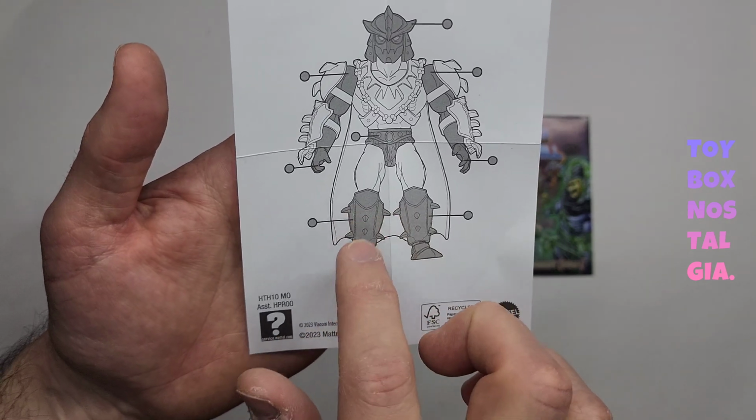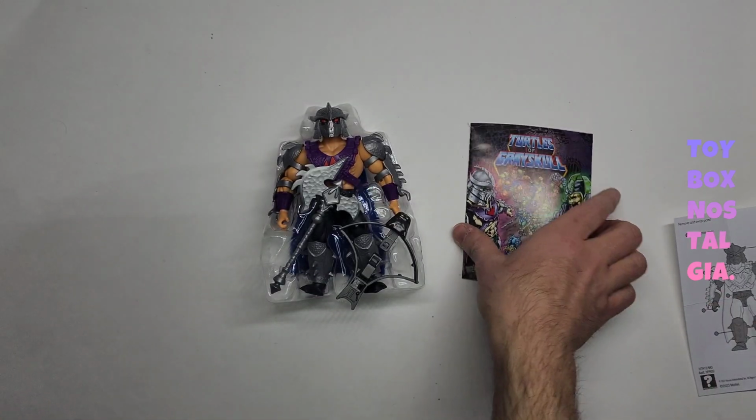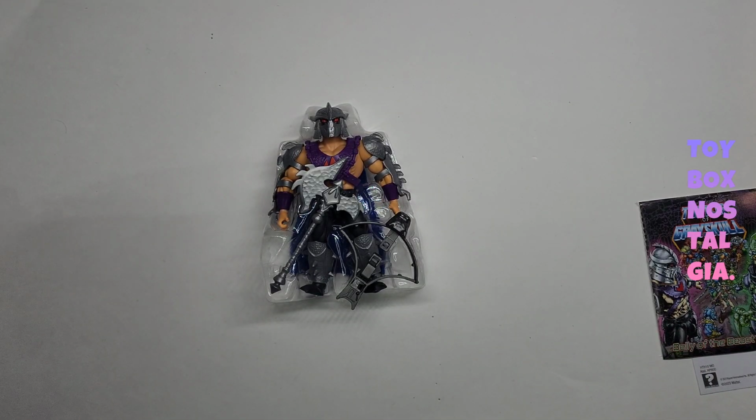But it kind of looks like the knees just because of this large armor. But all right, so let's go ahead and get this action figure out of this bubble, and I'll be right back, my friends, after this